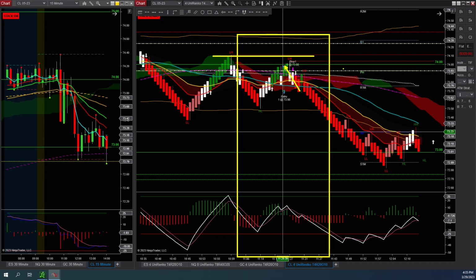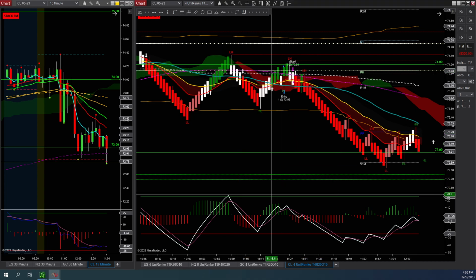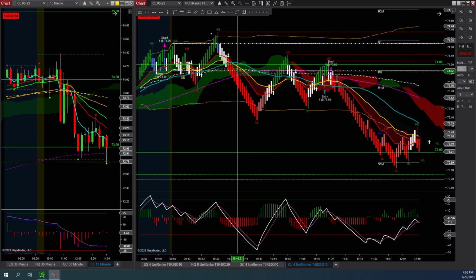And the reason why is because I anticipated it before the 74 level right there, before that area, and probably that was a mistake. I should have probably waited for confirmation until it went above this lower high right there. But as I said, I did have this break off of that level that I was looking at, and that was a good decision, I think. Anyways, let's go back here.